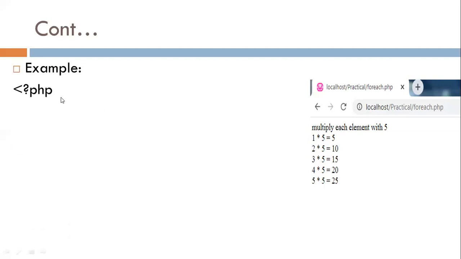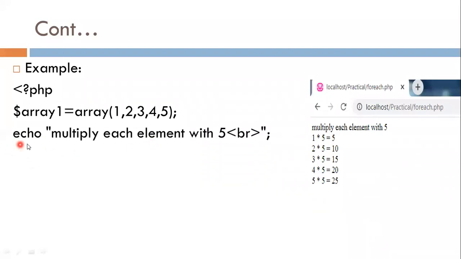So write the code, write the PHP script. Here 1, 2, 3, 4, 5 is declared as an array and it is a numeric array and the array name is $array1. Now the echo statement is used to multiply each element with 5. I just multiply each and every element of array1 with 5.